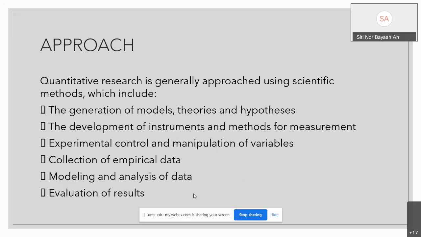Okay, so in a quantitative study, generally the approach is using the scientific method. Okay, so you have to make sure that you come to the conclusion or to the confirmation that you are embarking on a quantitative research. So you know that your study, your thesis, is actually based on a model, all right, generation of models, specific theories, that you derive from reading past literature,